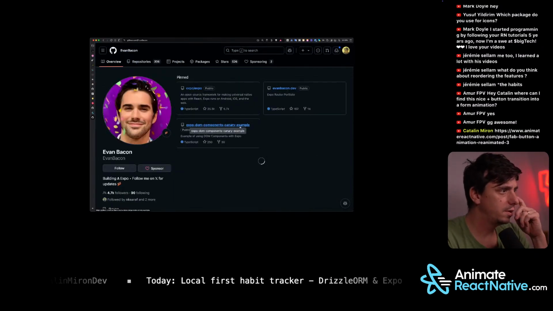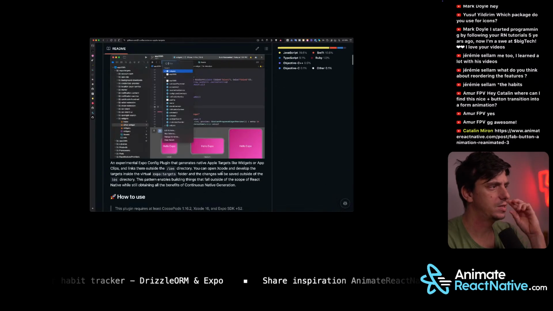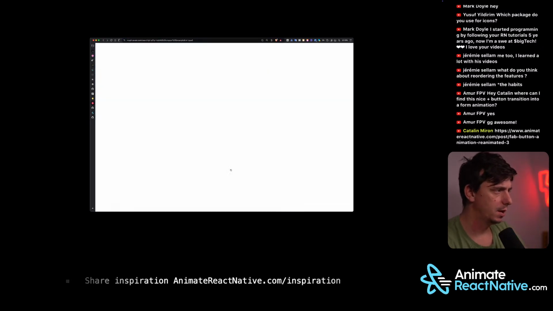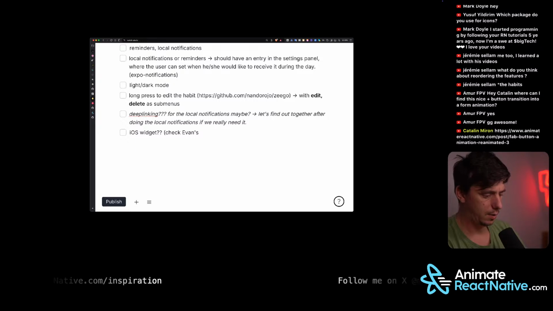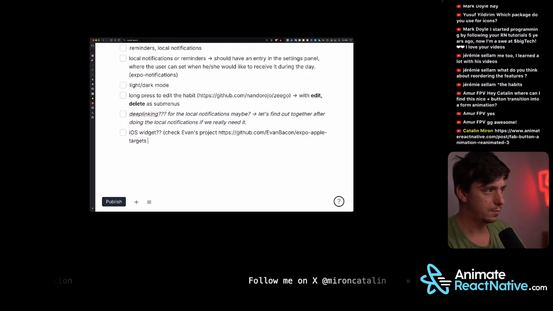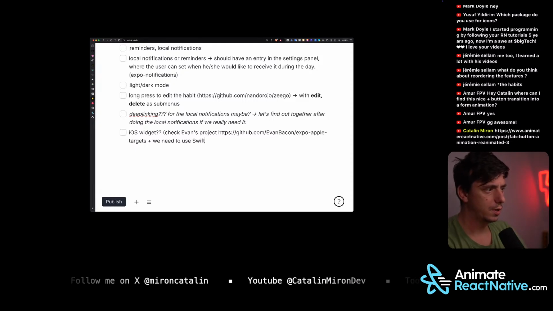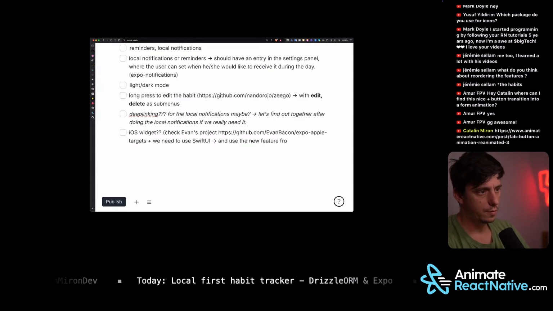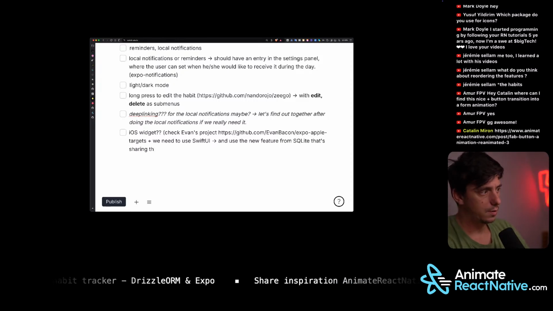So I believe he uses Apple targets. Yeah. So let's take some inspiration. Check Evan's project, plus we need to use SwiftUI and use the new feature from SQLite that's sharing the data